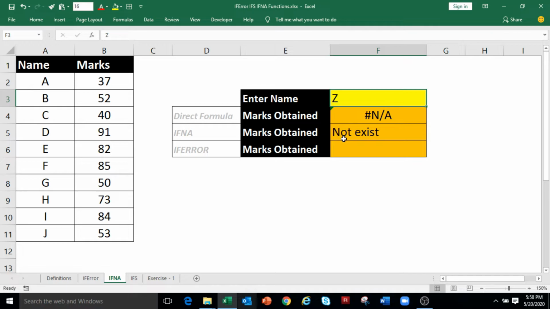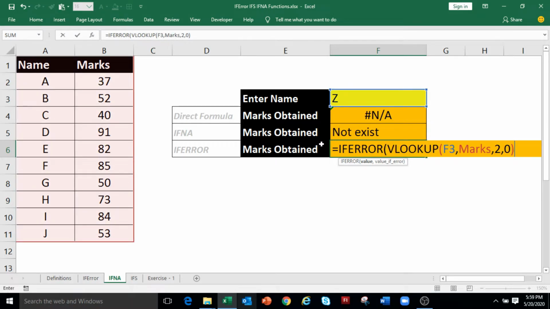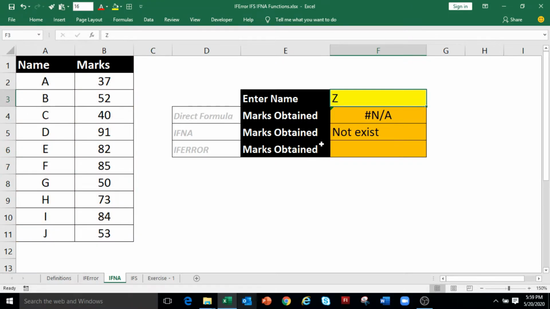Similarly, we can use the IFERROR function also, as the IFERROR function handles all errors including #N/A. To use IFERROR, type equals to IFERROR, open bracket, VLOOKUP function, comma, custom message. Now this time I'm leaving the custom message as blank value, closing bracket and press enter. Now because the student is not available in the list, cell F6 is showing a blank value. If I enter a name which is available in the list, all the three F4, F5 and F6 will show the marks of the student.